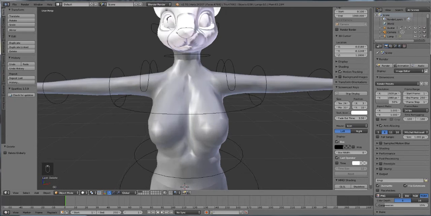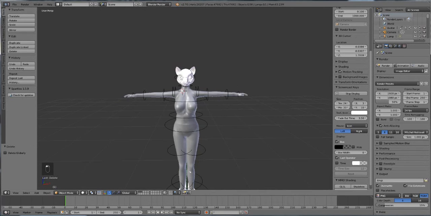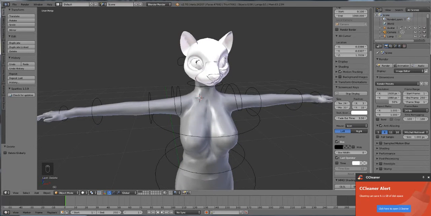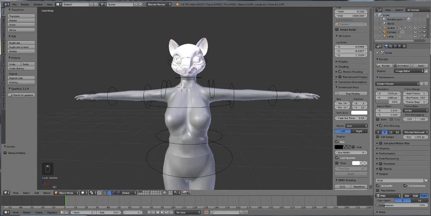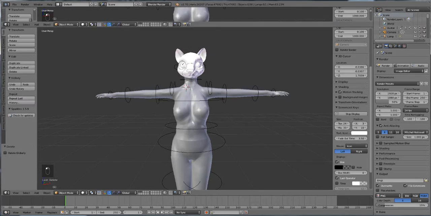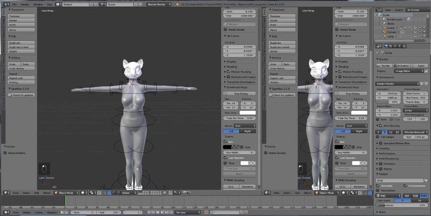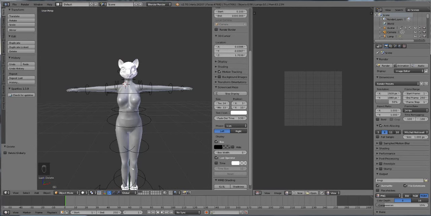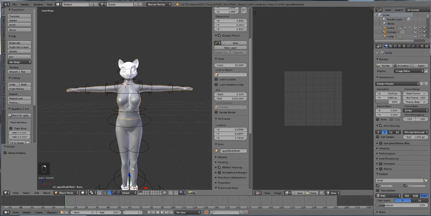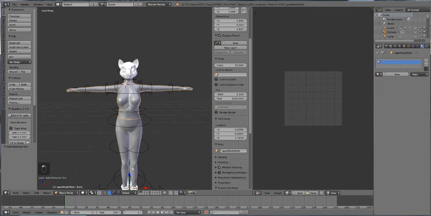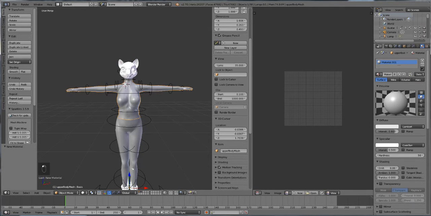So, what do we do now? Now we start texturing. Close this. Now we start texturing the Second Life avatar to match Claire. So we're going to create a new window over here and turn this window into the UV editor, like always. And we're going to select the body, go to the materials real quick and make a new material. So remove that, new material, and we're going to name this material